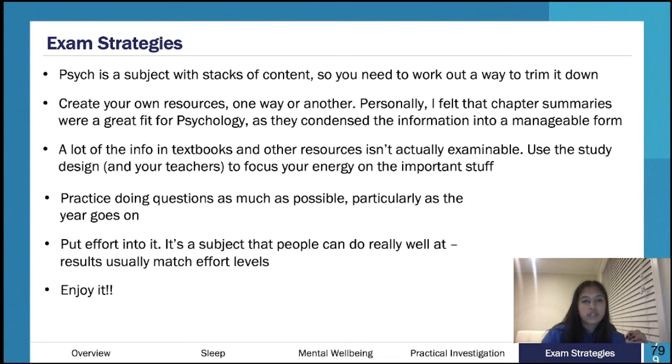Okay, I think I've mentioned some of this stuff in phone textbooks. I've talked about that, practice questions. Yeah, and I talked about this at the start in terms of putting effort in. You can do quite well. I'd say psych, okay, again, take everything I say with a grain of salt, but I'd say psych is one of the subjects where you can score quite well if you put in a decent amount of effort. Like, you don't have to put in the most effort you've ever put in to score well, if that makes sense, is what I'd sort of say.